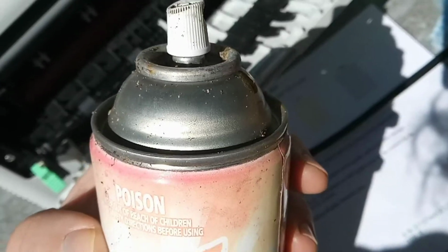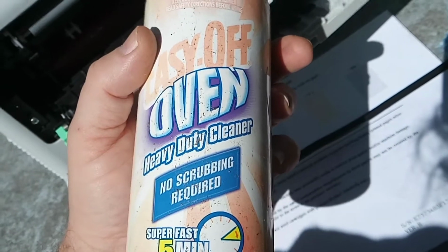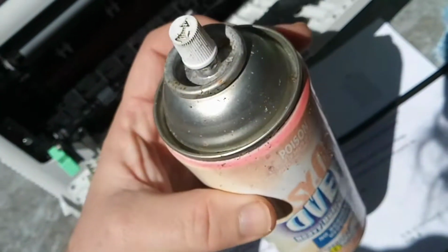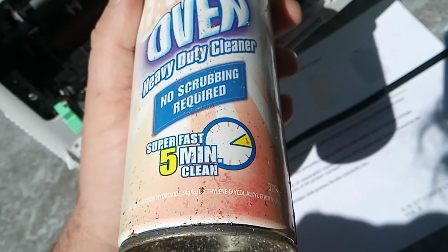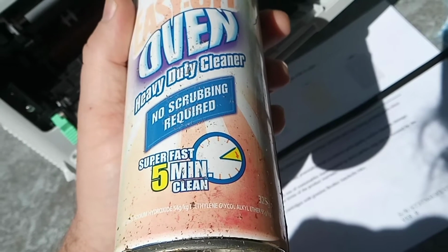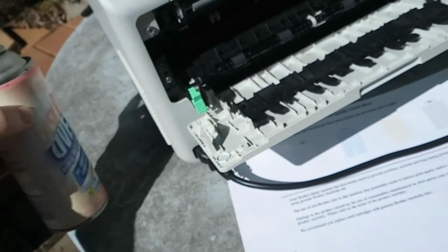So you don't want to use the oven cleaner that foams. There's 2 types of oven cleaners that you see worldwide. One foams up into this white foam. That stuff is hopeless. You want to get this stuff. This stuff just puts not a white foam over the surface, it just puts this thin film that will just dissolve any sort of grease and carbon buildup. You won't get any carbon buildup in your printer, but you get